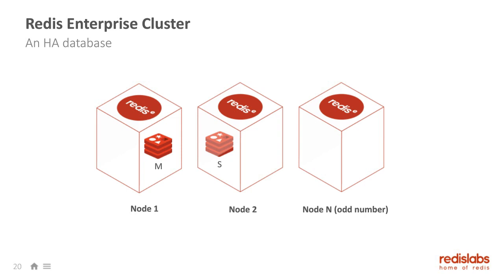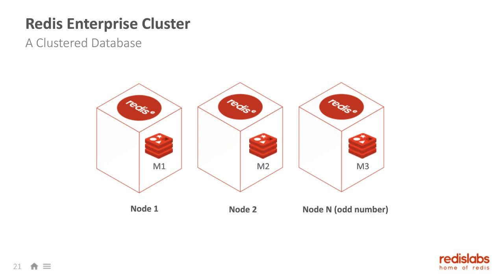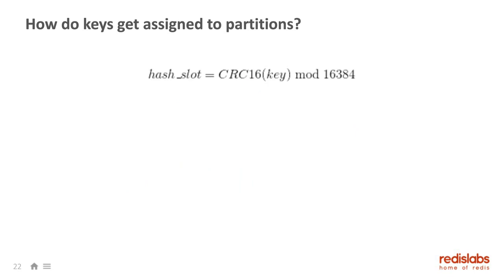Now, if your database tends to grow in either size or throughput, there's only so much you can do with a single master, right? You're limited to one core. So what we can do is cluster your database. In this example, we're clustering your database into 3 shards, as we call them, and each shard is responsible for a distinct set of keys. Now, how do we know which key should reside in which instance? Well, we apply CRC16 on your key, and then we do a modulo operation on that. So in total, we will have